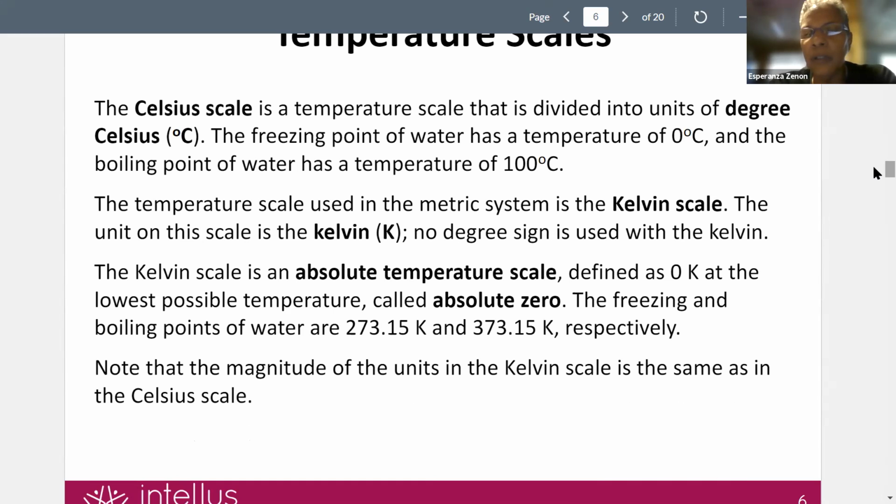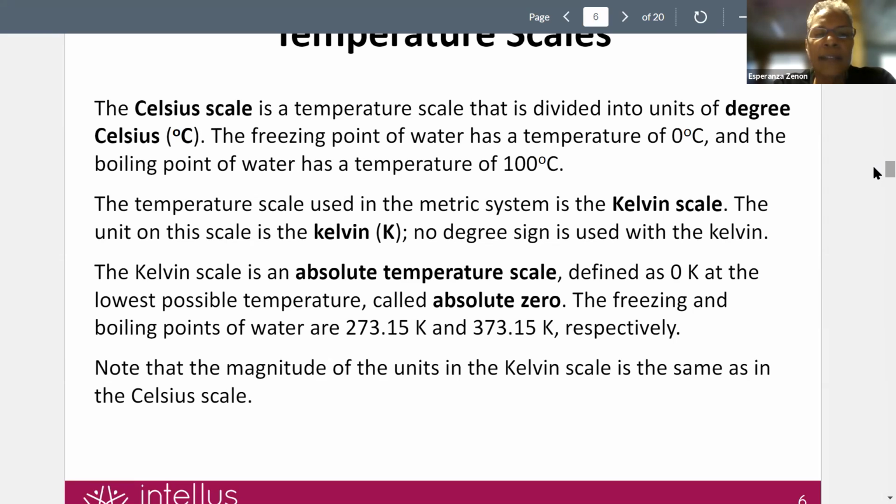Now, in this country, no doubt you have exposure and experience with the Fahrenheit temperature scale, because, for example, if you turn on the news and they're talking about the weather, inevitably they will talk about temperature, and they measure that temperature on the Fahrenheit scale in the US. That's our common unit. But when we're dealing with scientific measurements, in particular in physical science, we turn to the Celsius scale, number one, or the Kelvin scale.